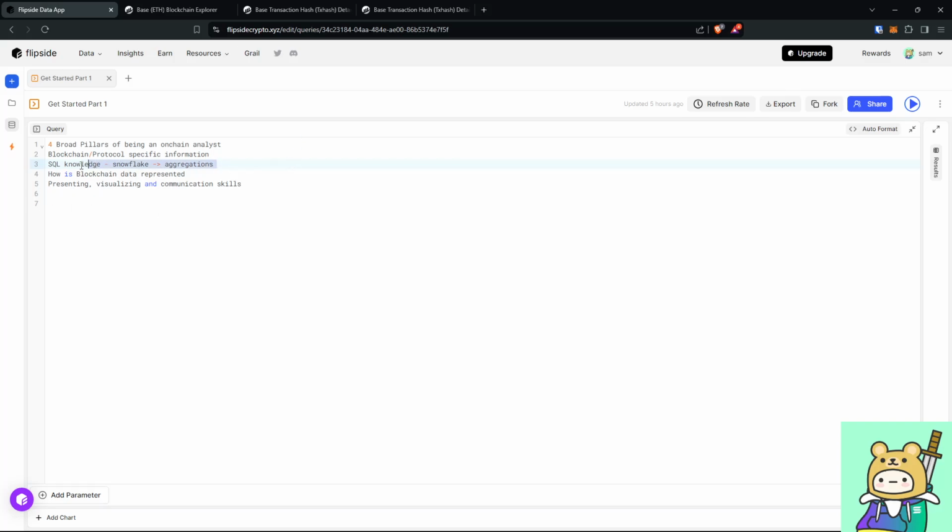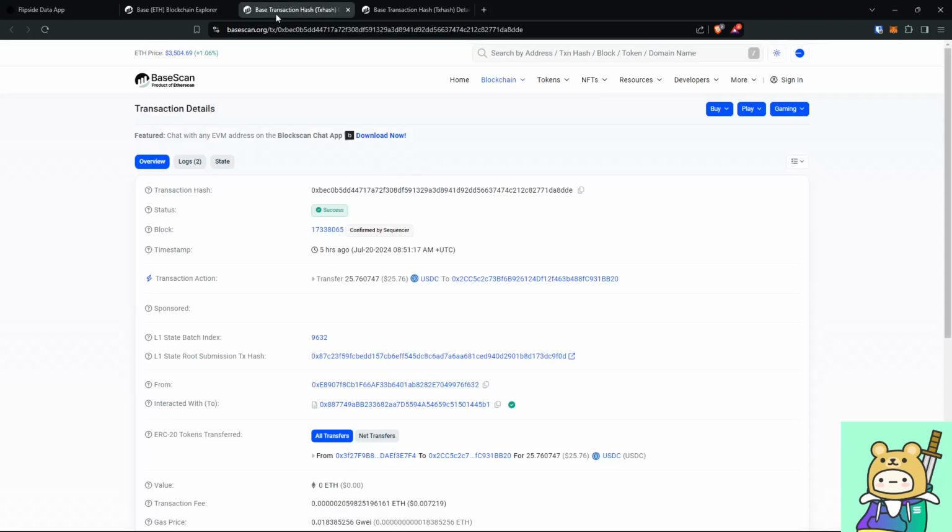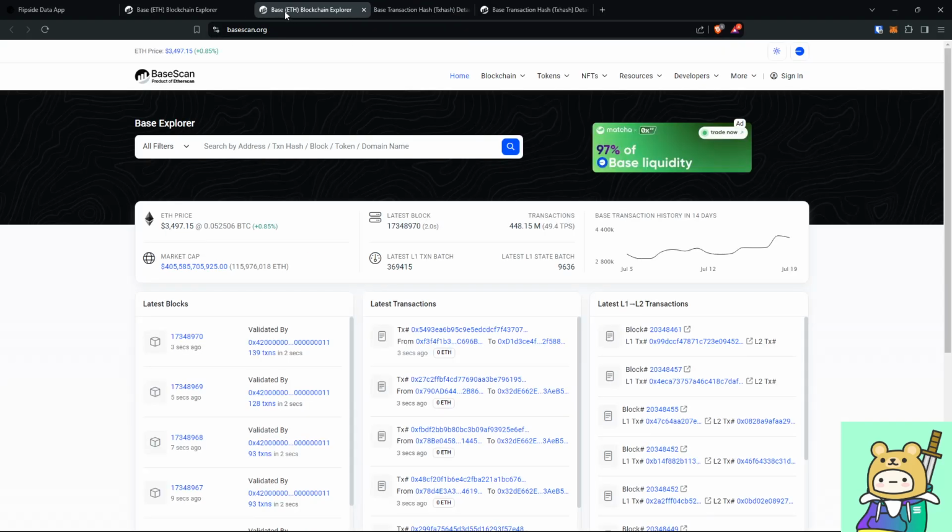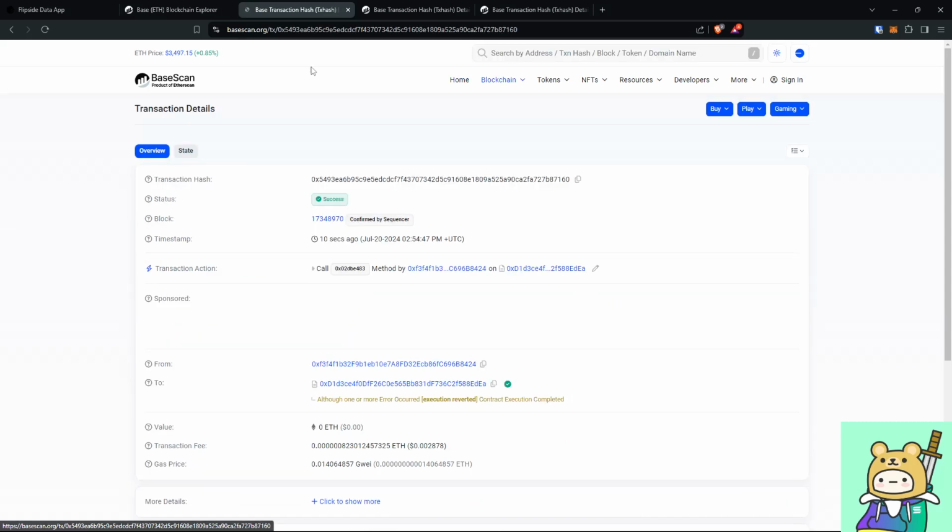Okay. Another thing I would say is it always helps if you already have transactions to analyze. So for example, I have a transaction here from Basescan. Basescan is a block explorer from Etherscan, and what block explorers do is allow you to see what transactions are being transacted on the blockchain.